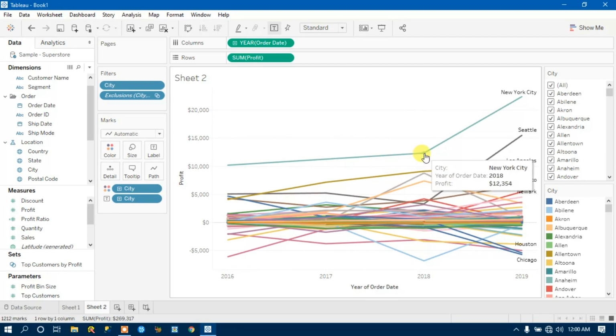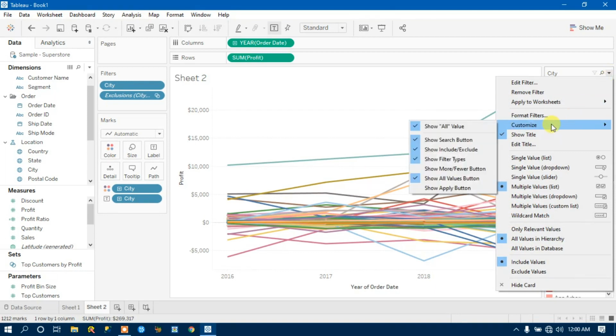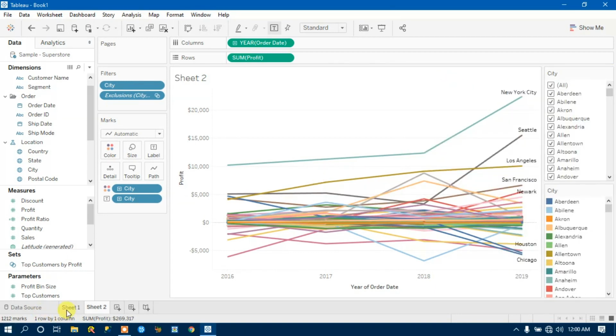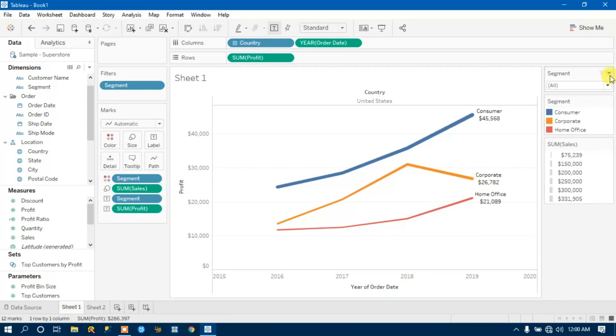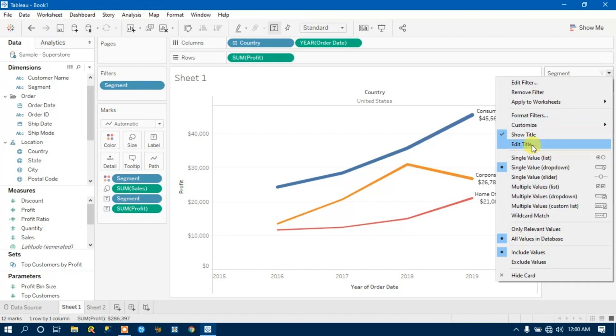So if I go to another option, if I click on customize, on sheet 1, we were on sheet 1. If I customize, show filter types, it will also show a filter type, viewer button option. These options you can check at your end. And what are relevant values and all values in database?